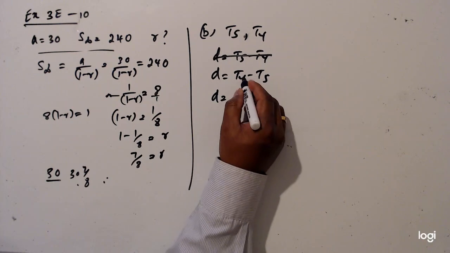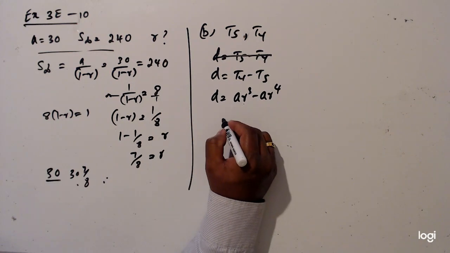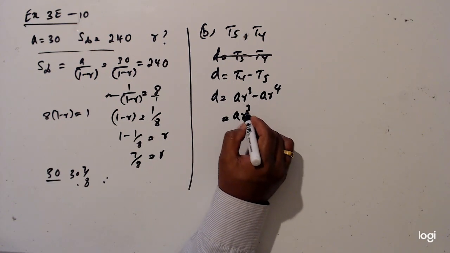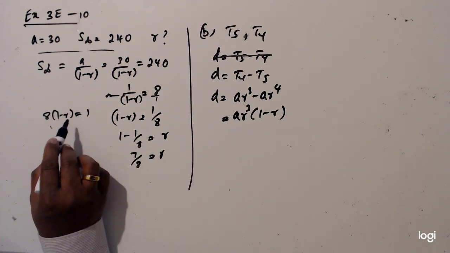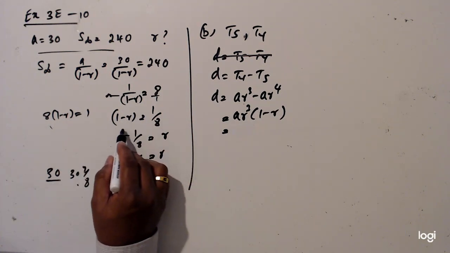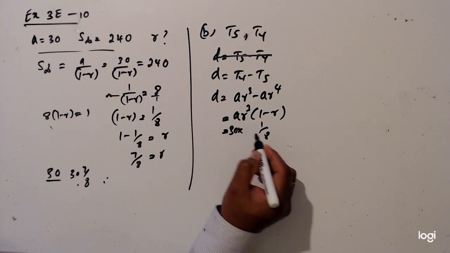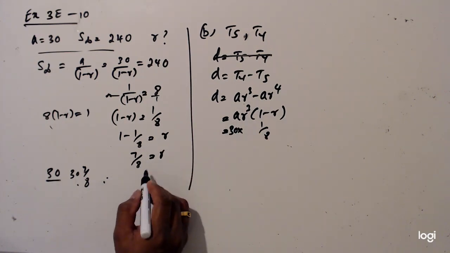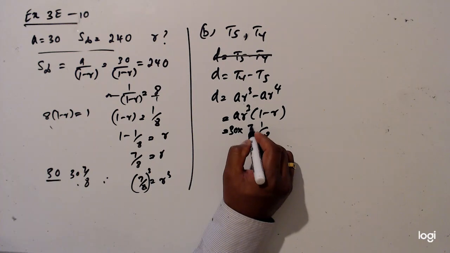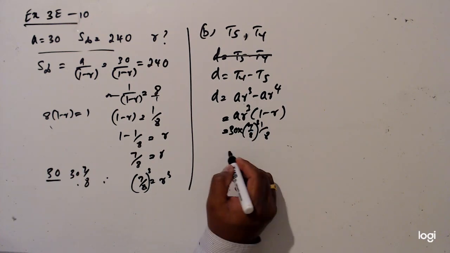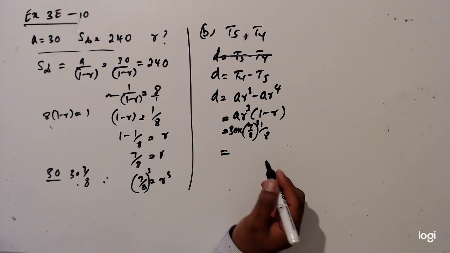So d, we can write T4 is ar cubed and T5 is ar to the 4. So if I take ar cubed out, 1 minus r. So 1 minus r is 1 over 8. We know that 1 minus r is 1 over 8. a value is 30 and r cubed is 7 over 8 cubed. So when you simplify this value,